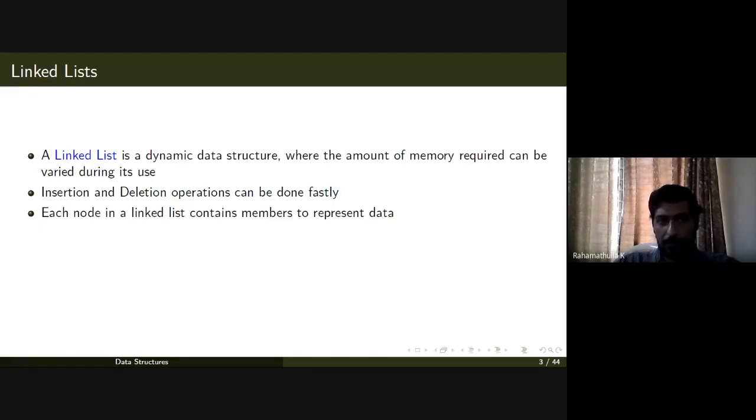As I've told, the linked list is a dynamic data structure, so our data will be stored in the dynamic memory or the free pool of memory. At runtime, you can create, allocate, and deallocate the memory.